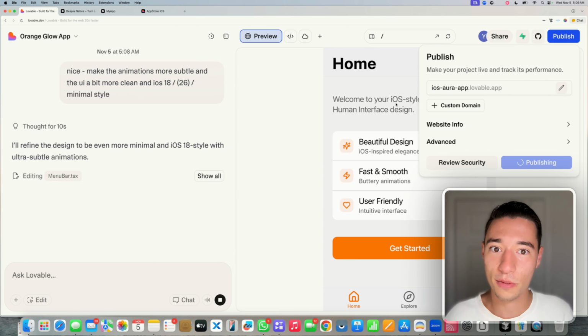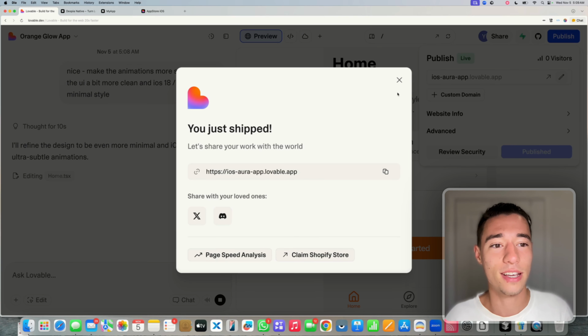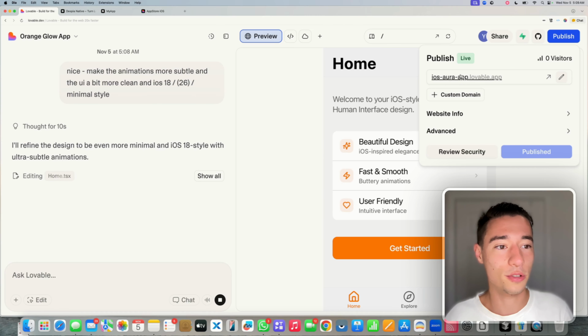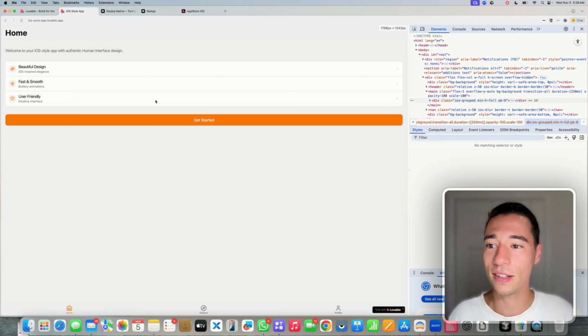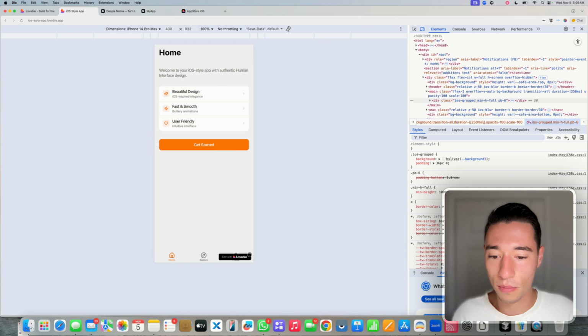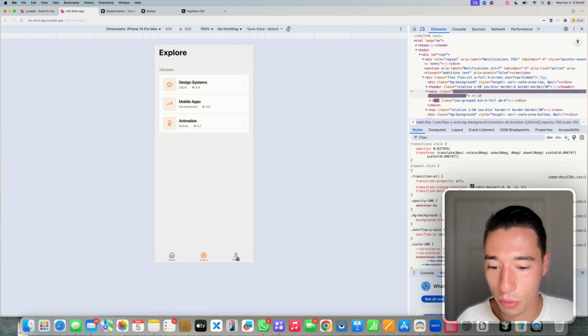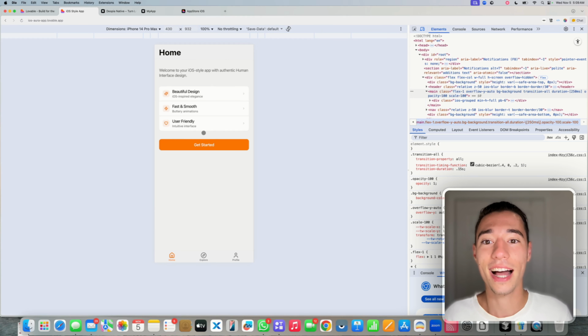And then we should probably want to try this not in the Lovable preview to make sure it actually looks correct. We want to try it in the actual app to make sure it behaves nicely. But what we can also do, if you do not have that option available to you, you can just open this app like this. You go on Inspect Elements, right? And then you go into the device mode. This will give you a more realistic breakpoint dimension of how your application will actually feel and look on a